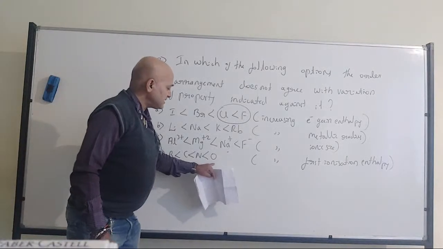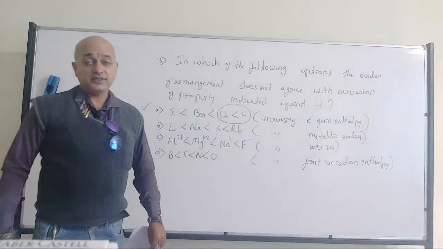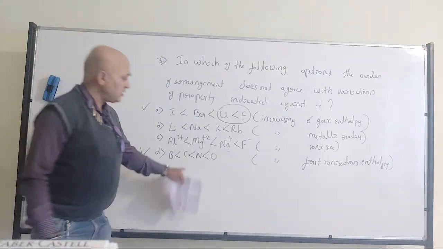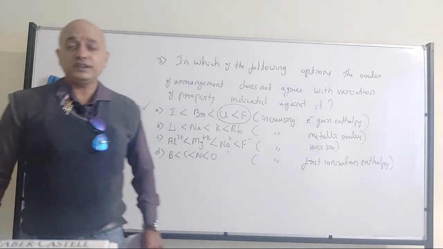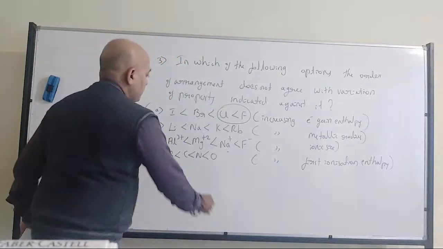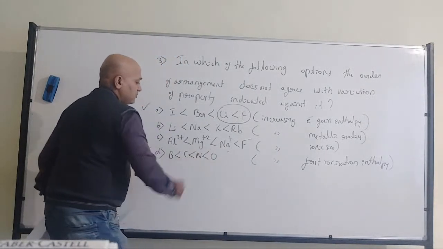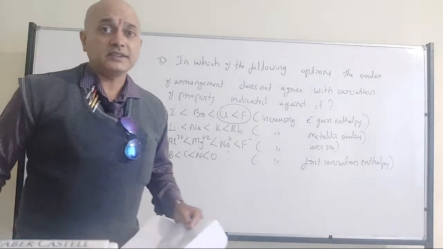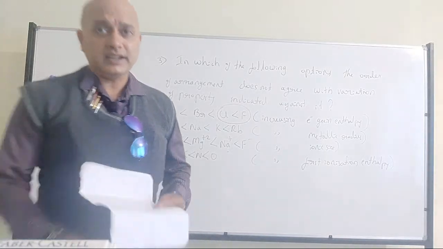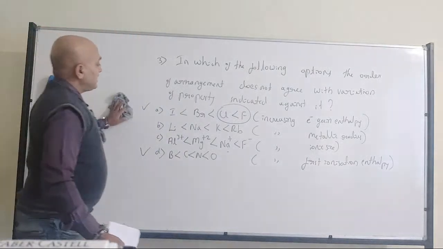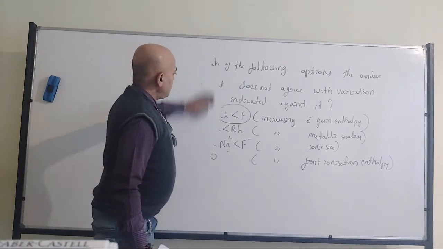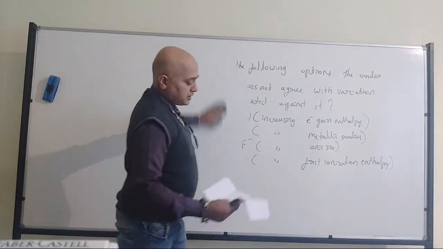No doubt. So when it comes to here, nitrogen is half filled. If you see the electronic configuration, 2s2, 2p3, outer electronic configuration of nitrogen, half filled. So due to that, nitrogen would have gone to this side and oxygen should have come to the other side. So option A and option D both are not correct. Only one option you should take, either A or D. If you take, you will get the marks.